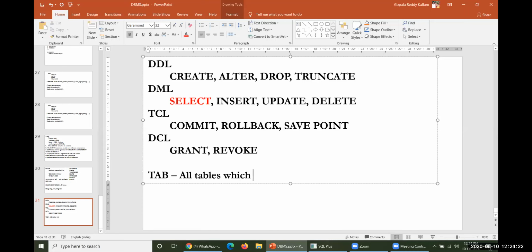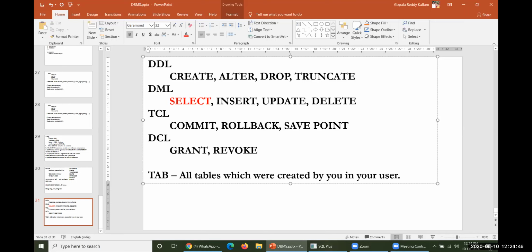all tables which were created by you in our user. So you have been allotted one particular user. Within your user, you have a facility to create as many number of tables, views or any other kind of data objects.